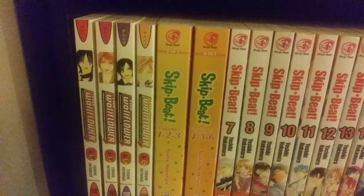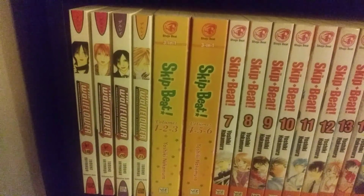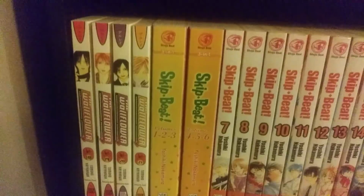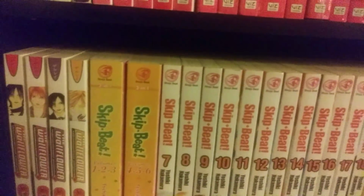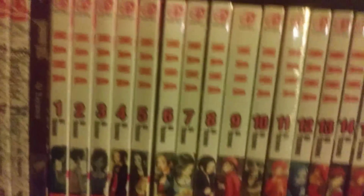So hopefully now I can get on track with keeping up. My plan is, I'm going to make a video on it, but my plan is to get one shoujo at once, like get 5 different volumes, but then I'll just get one of each until I finish one, and then start on the next one. Probably just go by rows, like finish this one,